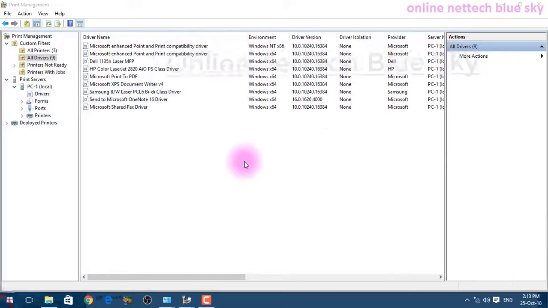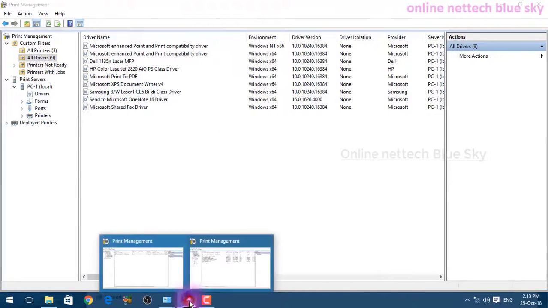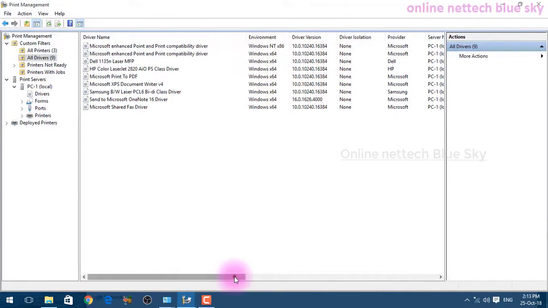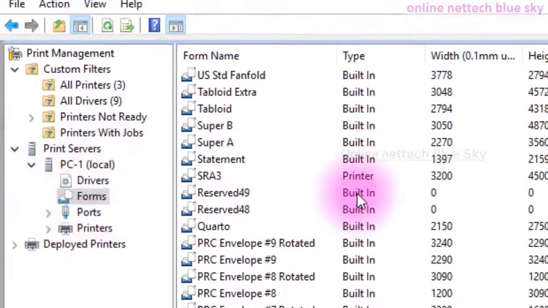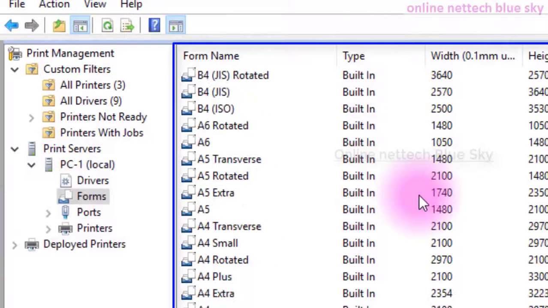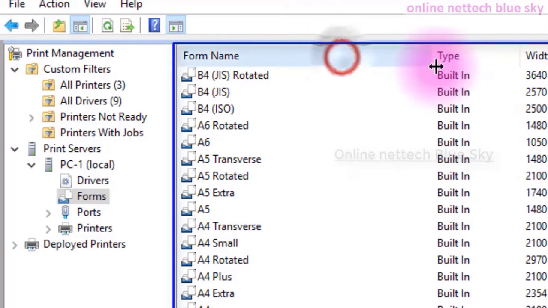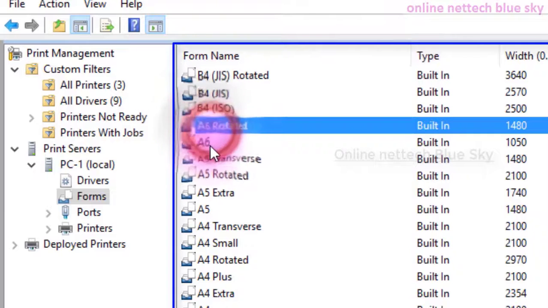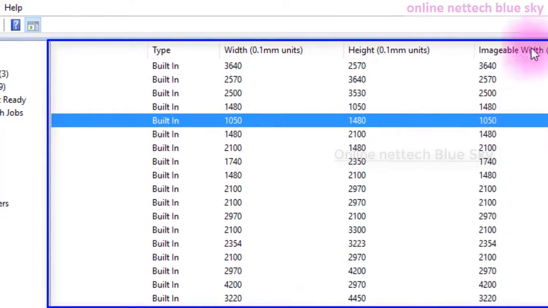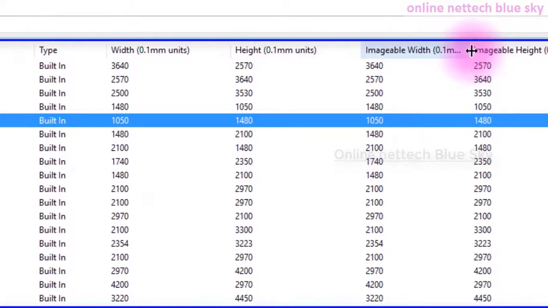And you can see, just click on here, this is my start menu here. So first I'm just talking about only these. Why I'm talking about drivers is that it is important for your device, printer, anything. Now forms: what is a form? I already showed it in the last video, A4, A5. What are A4, A5, A3? This is the form name, one type that already decides the width and height of your page here. So the page is already defined in the software, you can see this is a unit, micrometer, okay.